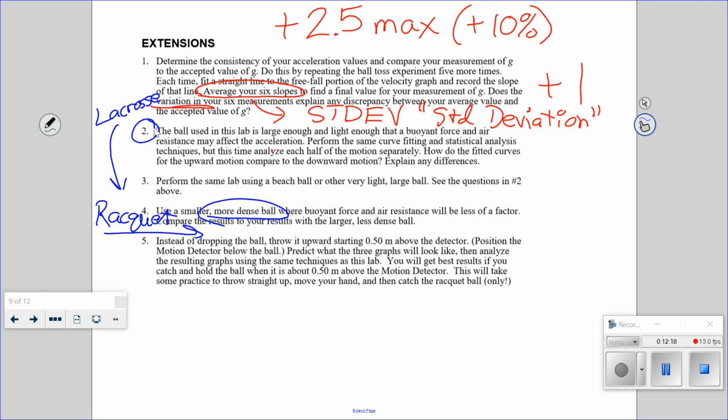So I forced them to use the racquetball. You're just comparing the balls of different densities to see if maybe you can tell with just the whole run, will air resistance be a factor? It should definitely be a factor with a balloon instead of a beach ball, or there's coffee filters back there. What happens is it will really quickly reach its terminal velocity. And then you must use the racquetball for number 5 in case it does land on the detector. They're light enough that it's okay. Just say R also. Okay, any questions? Okay, fantastic. Then you have the rest of the